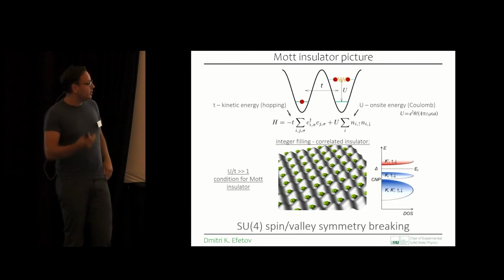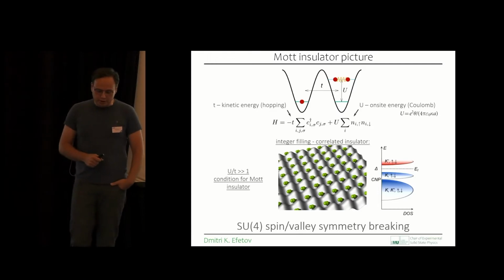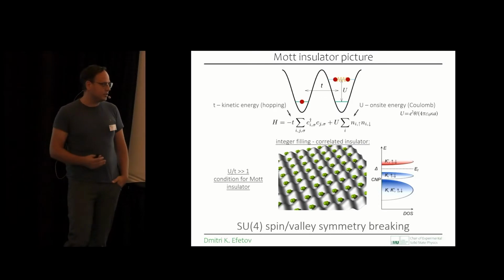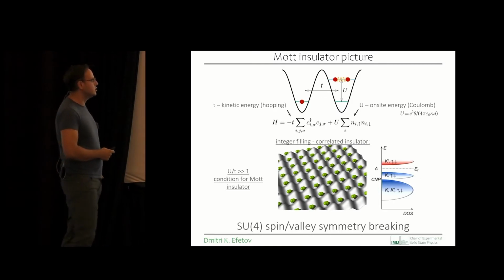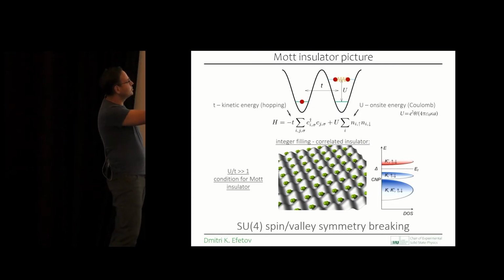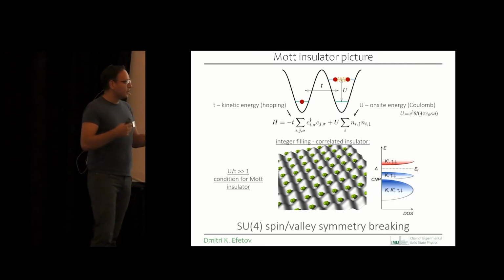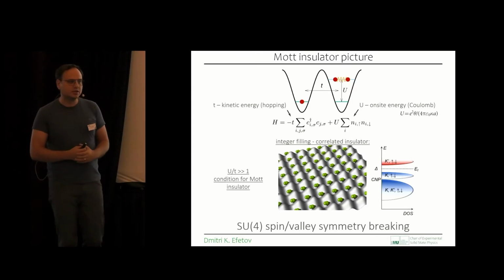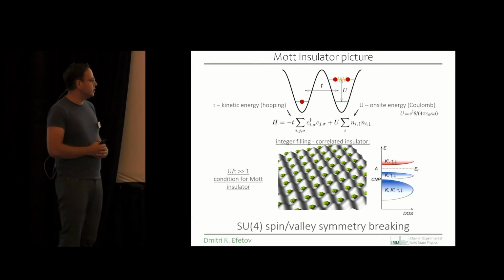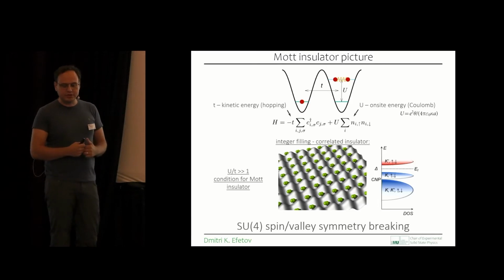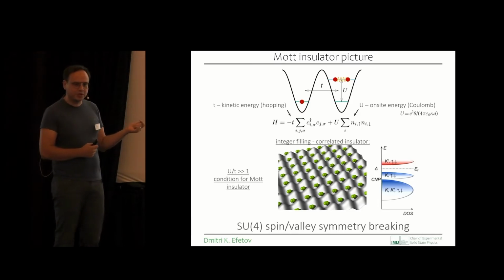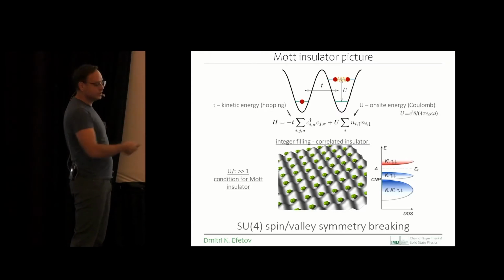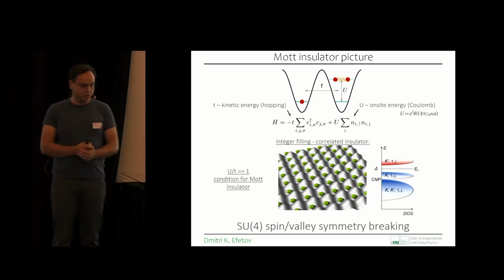And really, the picture in which we naively started to understand the system, of course, now the theory has advanced and the details are slightly more complicated, is really this Mott insulator picture, where electrons in a fully filled lattice like to localize in the lattice sites if the interaction energy is much, much bigger than the kinetic energy.